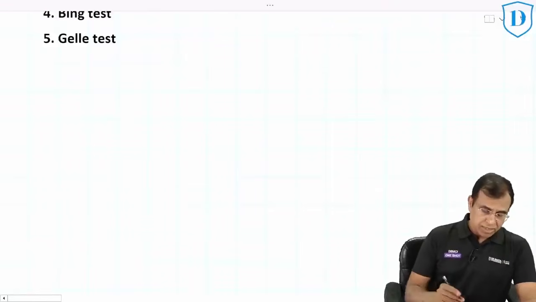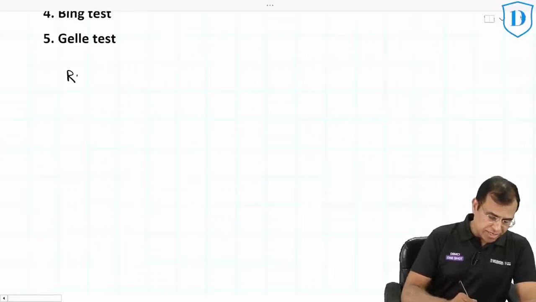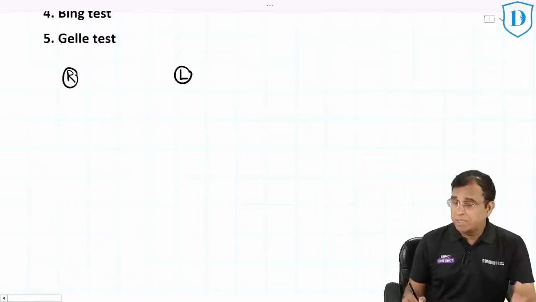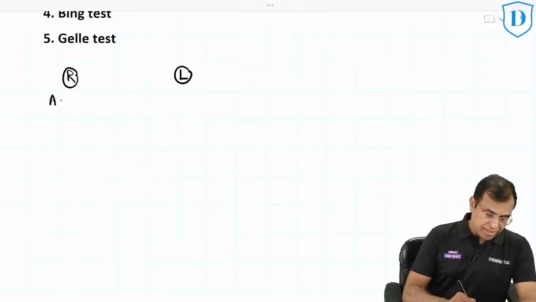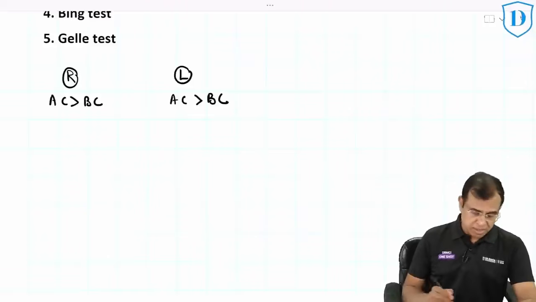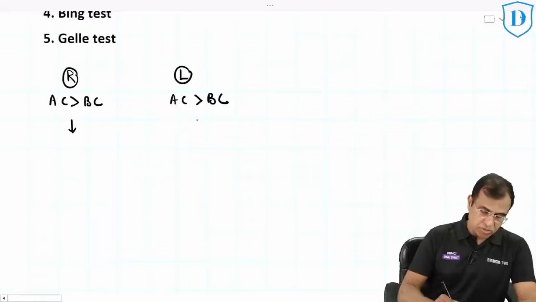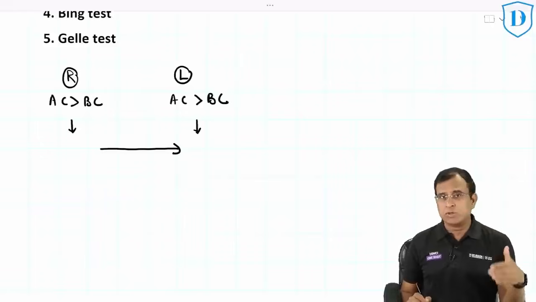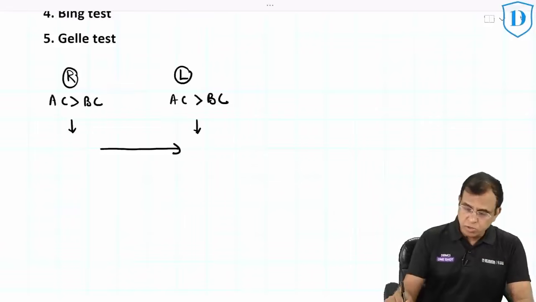Number 1, this was a question which, suppose this is the right ear and this is the left ear. This particular question has been asked many times in the past. In the right ear, AC is more than BC, which means it's Rinne positive. Left ear also, AC is more than BC, which is also Rinne positive. Schwabach is reduced on both sides, and Weber is lateralized to the left side. So this is a particular test where Rinne, Weber and Schwabach, all three are given, and they ask you what could be the problem in this particular patient.